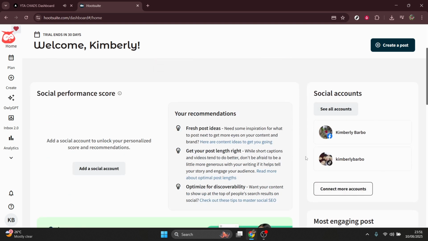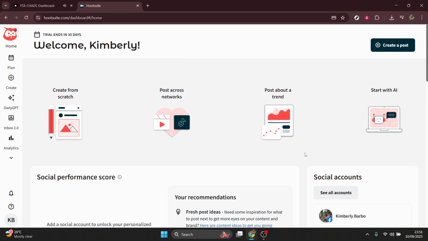With this connection, you can now schedule your posts, monitor streams for insights, and analyze your engagement across your social media channels, all from one convenient dashboard. If you're managing multiple accounts, you have the option to repeat the steps we've just covered to add more accounts, even from different platforms. Hootsuite is designed